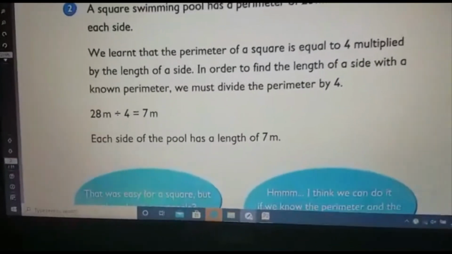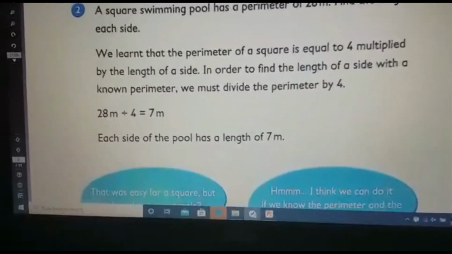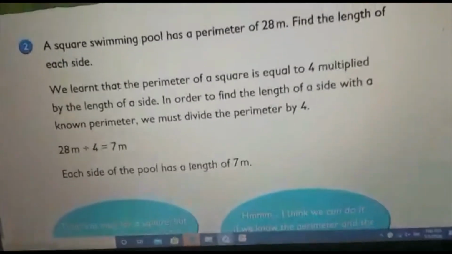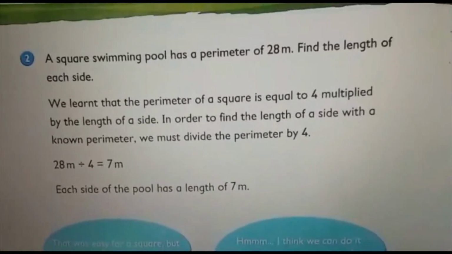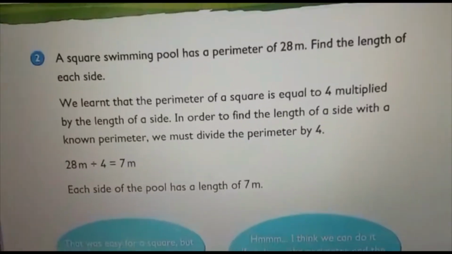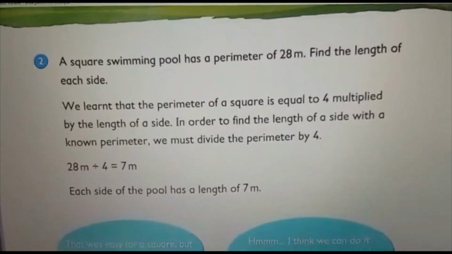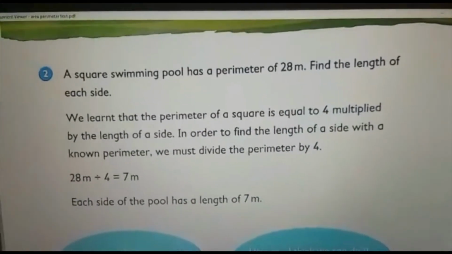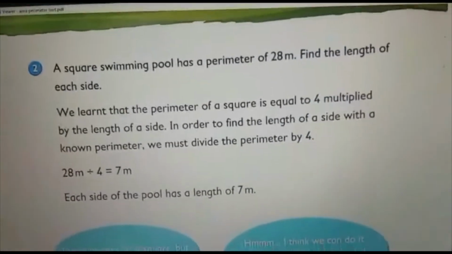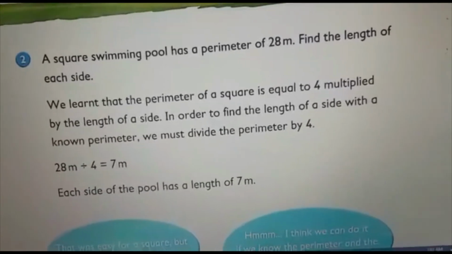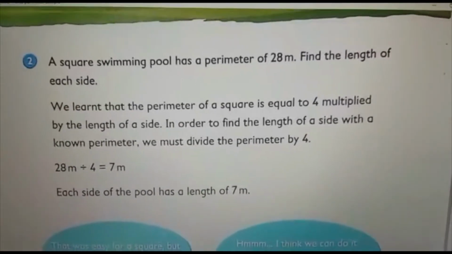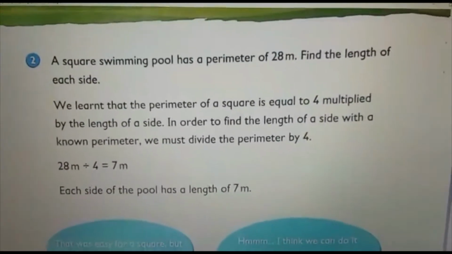Is it clear? So if you are getting the side, you need to multiply by 4 in the case of square to get the perimeter. And in the case of perimeter, if the perimeter is given, you need to divide by 4 to get the length of one side. Okay. Is it clear for you? So the questions will be twisted. So you need to read it. You need to be thorough. If you are doing a few sums of the same pattern, it will be thorough for you.